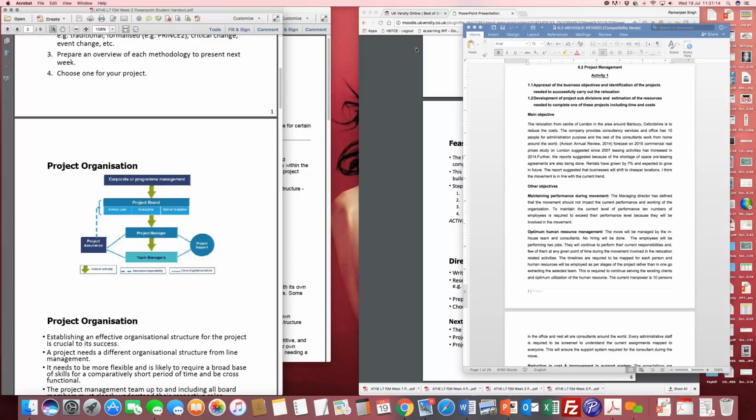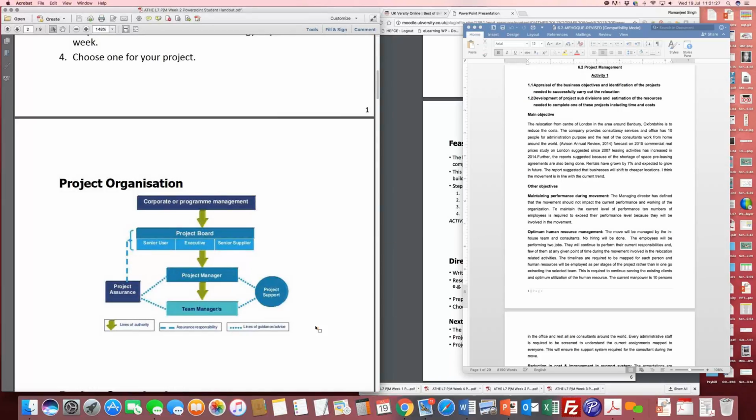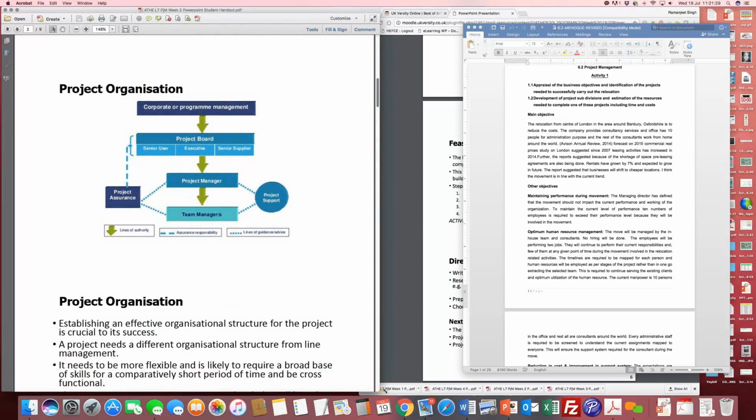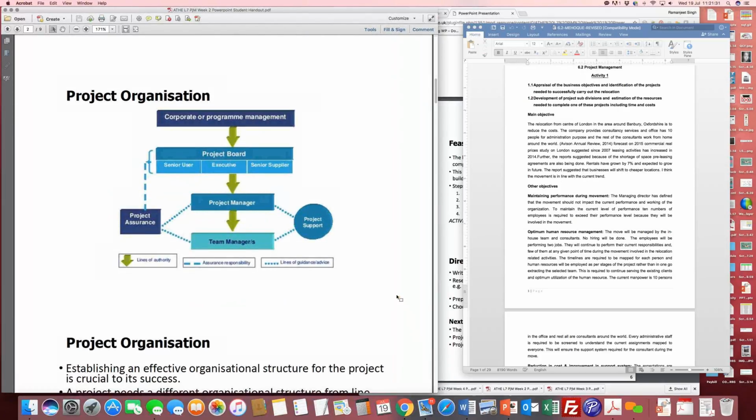So similarly, when we do projects in particular, there is a project organization structure that we need to form, and this structure typically looks something like this. If you see on the screen, if it's big enough, I can increase. So this project structure, when you look at it,